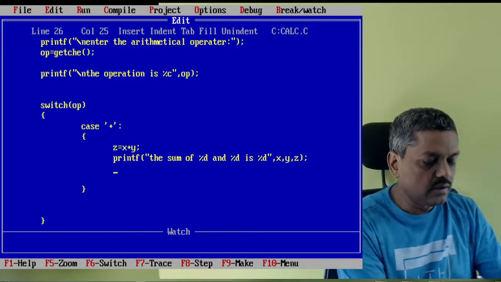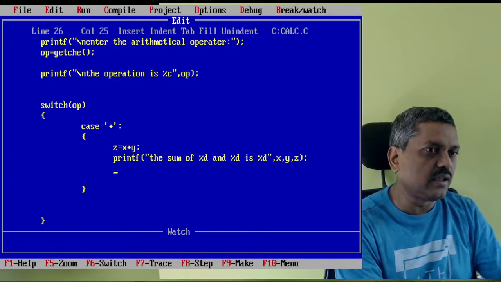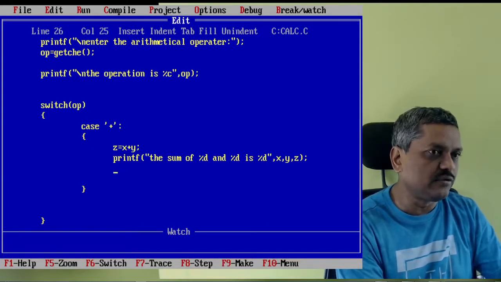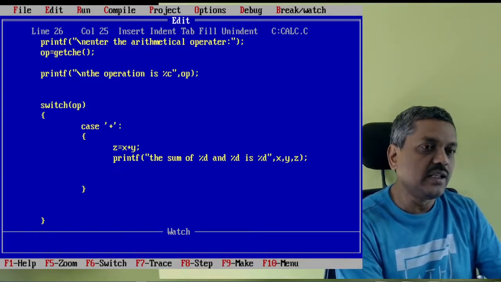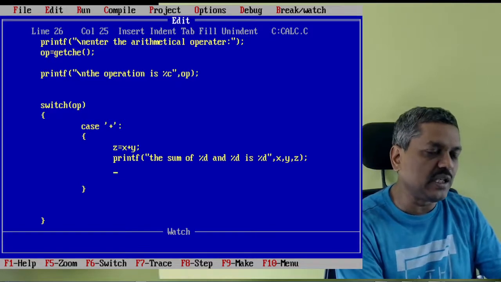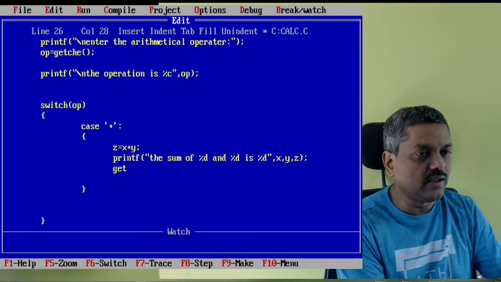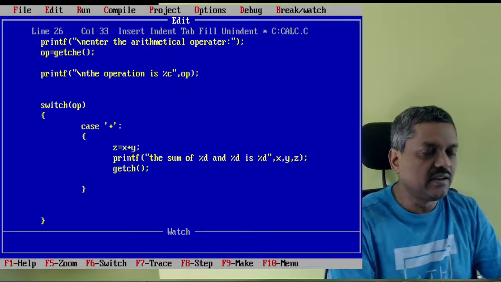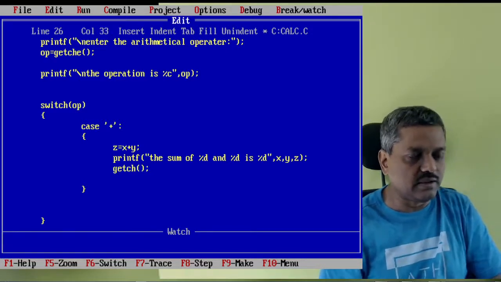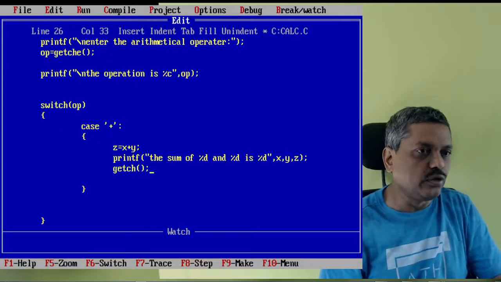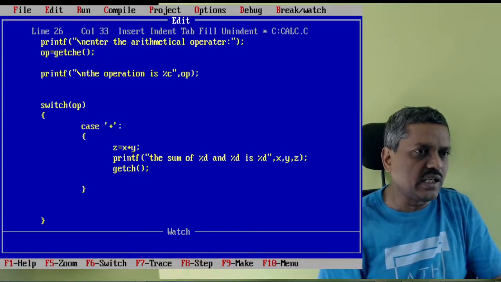And then after displaying, you know that the computer is always very fast. It is so fast that it calculates, displays and comes back to the editor. To make it wait so that you can see the output on the screen, you can introduce a getchar. What it does is simply wait for a keystroke.